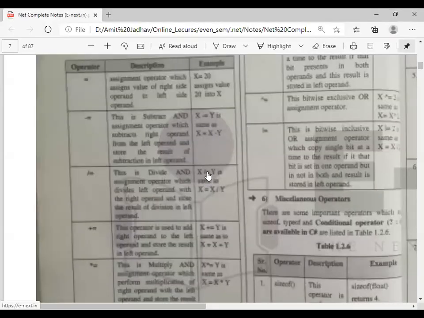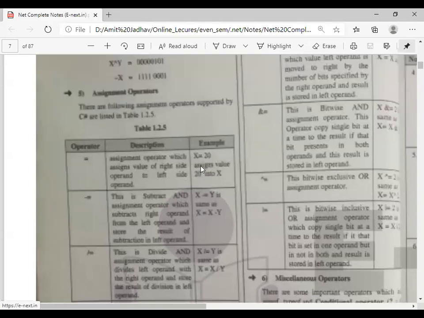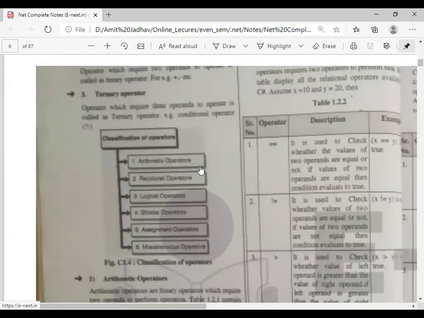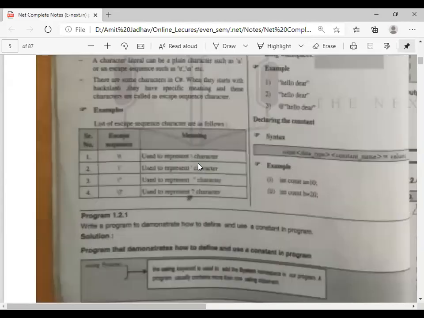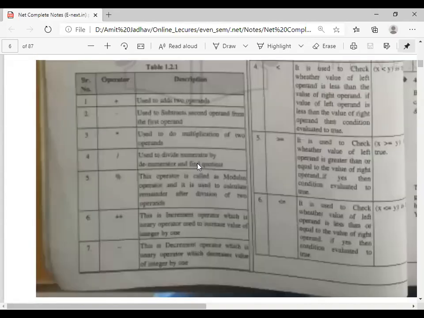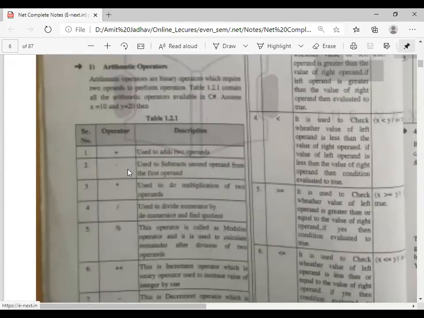Good morning everyone. Today we are going to discuss the different operators that we can use in .NET programming or C# programming. The first one is the arithmetic operator: addition, subtraction, multiplication, division.